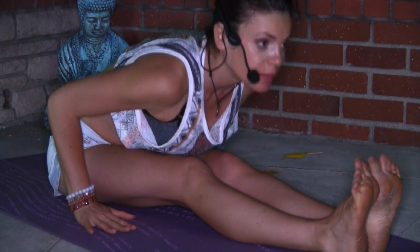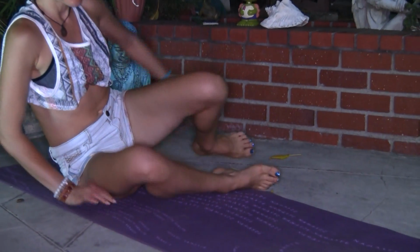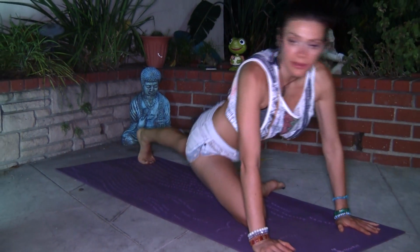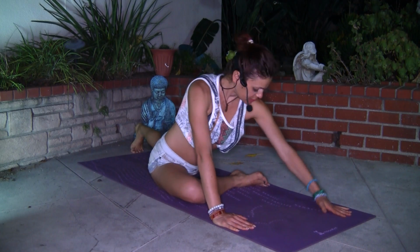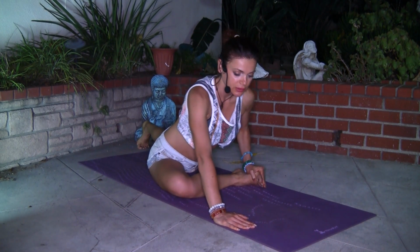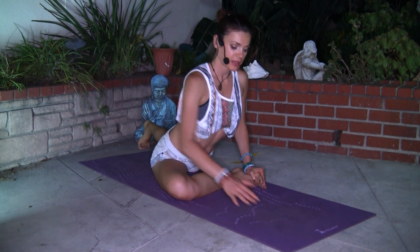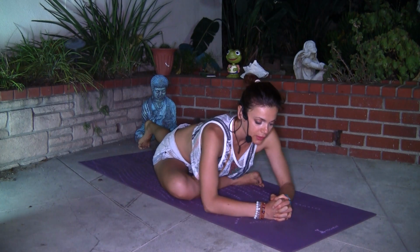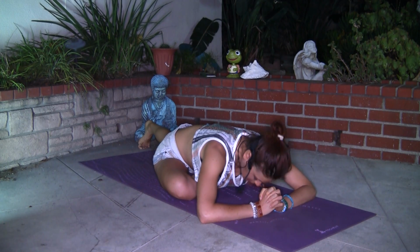Great. Coming back up. From here, we're gonna bend the right knee. I'm gonna actually come to the front of the mat. Bend the right knee and walk the left foot away from us. Flex the right foot. Inhale, lift the rib cage away from your hips and lower down. Keep that length. You can lower all the way onto your forehead on the hands and hold here, making sure